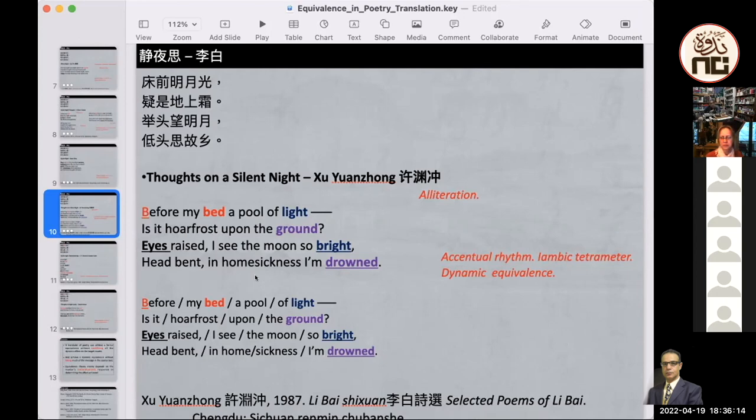Yes. Actually, we have been told by some of our teachers here in Lingnan that what Xu Yuanchong did was not very natural. The English he used was not really naturally accepted in the English-speaking world. But after listening to your analysis, I started to believe that what he did was actually a self-aware trade-off, that he intended to manipulate the English to preserve something that he thinks is important in the Chinese poetry. Yeah. Yes. This is what I said.